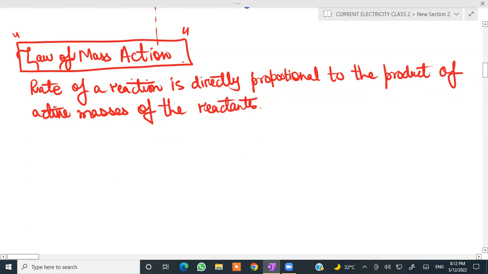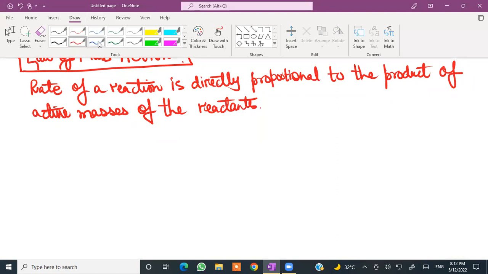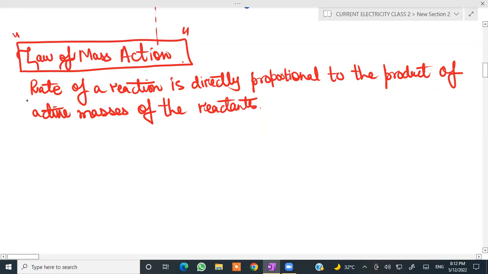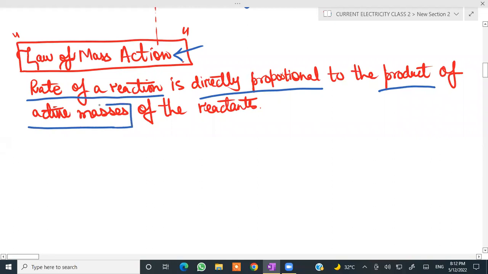Now, let me explain what I've written. The rate of a reaction, according to the law of mass action, is directly proportional to the product, meaning multiplication, of the active masses of the reactants. Now let me tell you the meaning of active masses. Active masses actually means